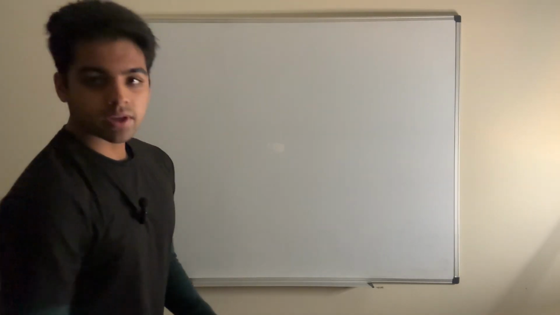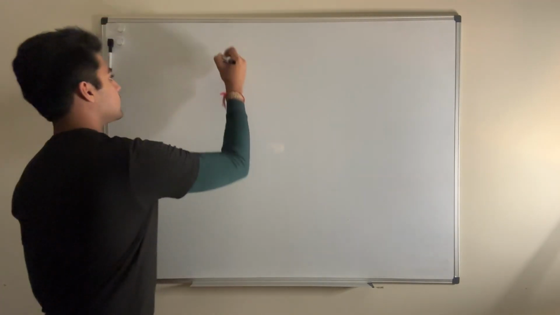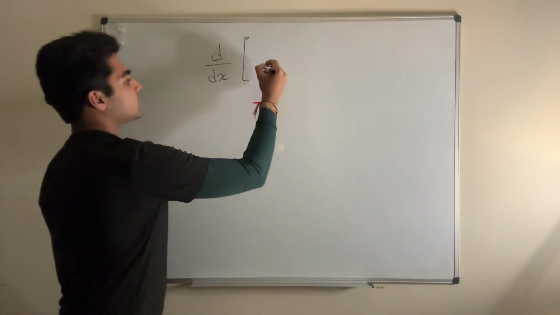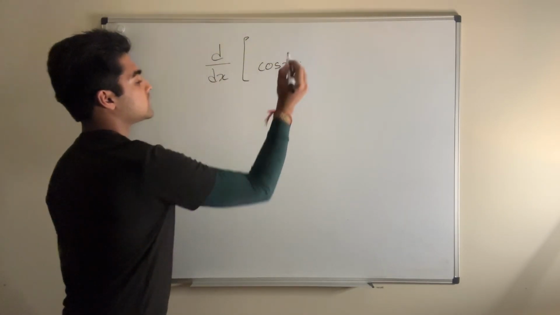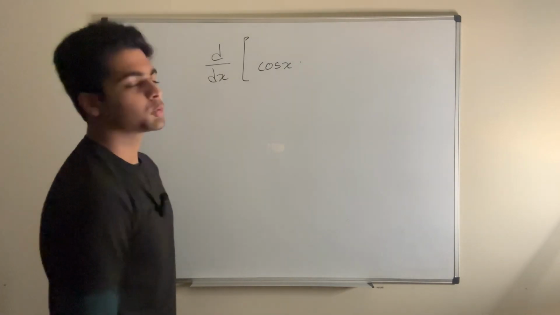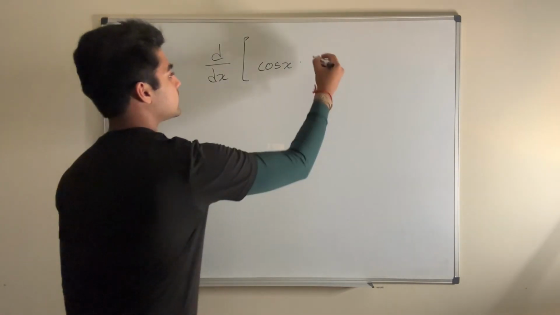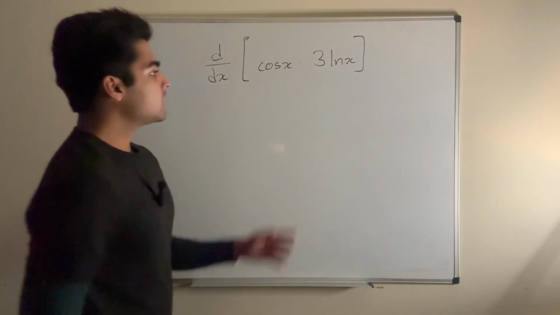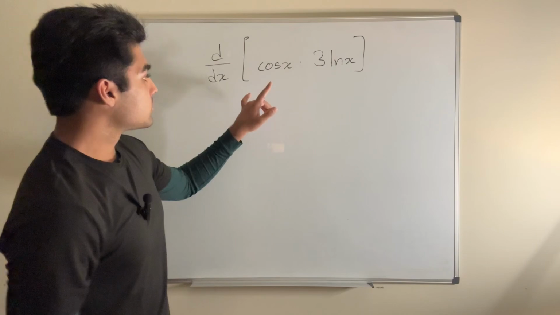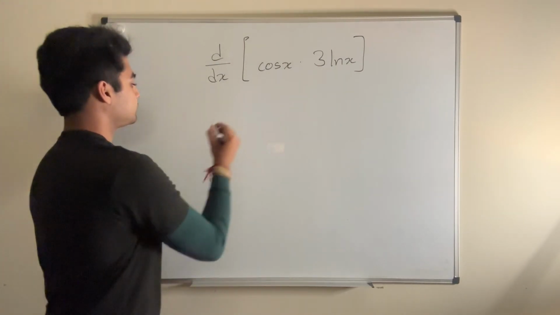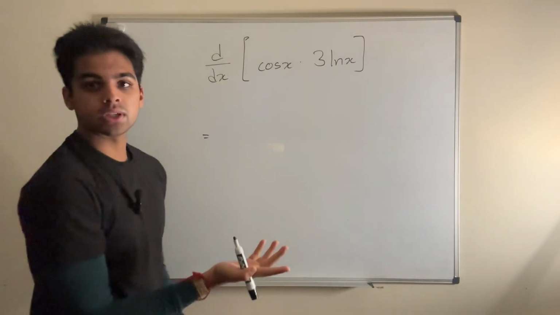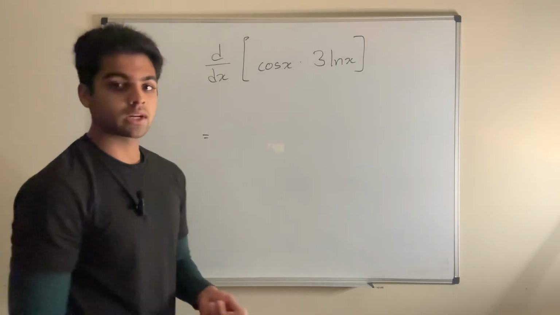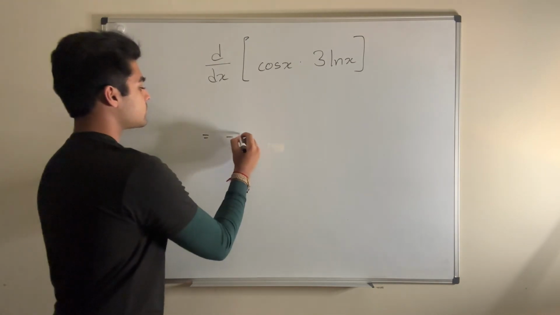So suppose we wanted to find the derivative of a function like, we'll say, cosine x times, what should we do? Let's do 3 ln of x, right? So here we can do the product rule. So we know that this would be the derivative of the first function, which is cosine x. Now the derivative of cosine x, as we remember from the last video, is just negative sine of x, right? So negative sine of x